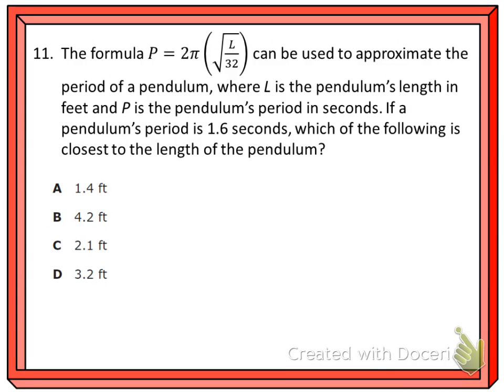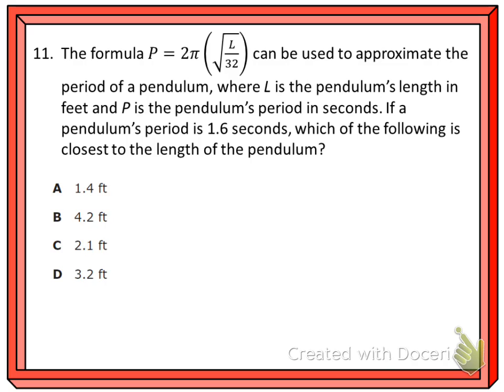Question 11. The formula P equals 2 pi times the square root of L divided by 32 can be used to approximate the period of a pendulum, where L is the pendulum's length in feet and P is the pendulum's period in seconds. If a pendulum's period is 1.6 seconds, which of the following is the closest to the length